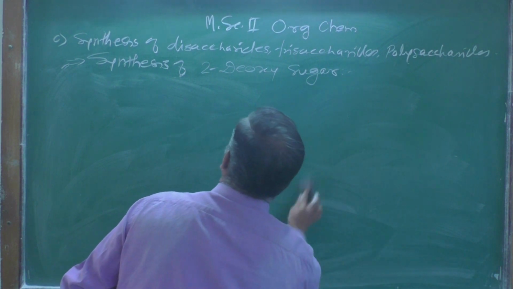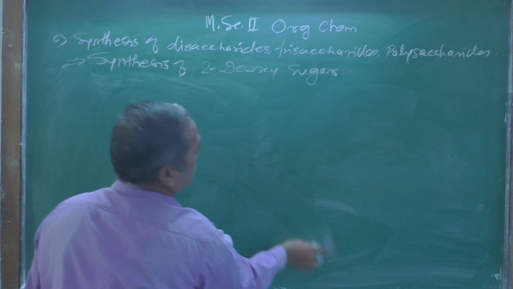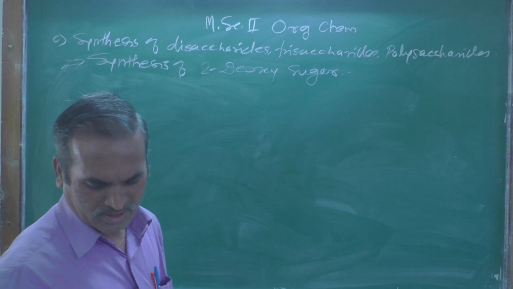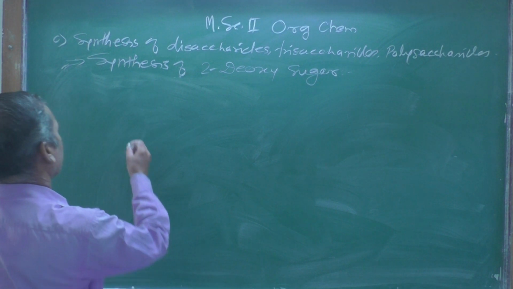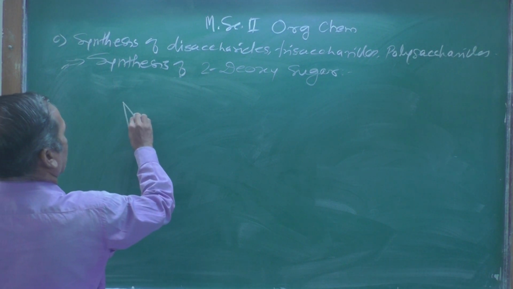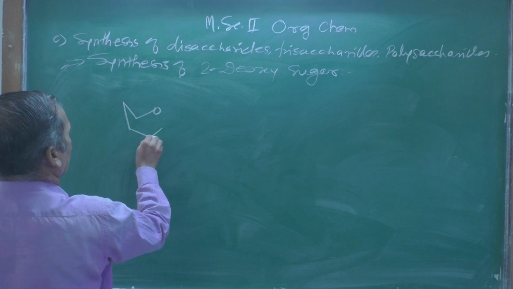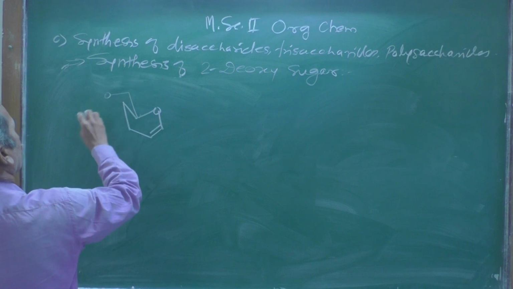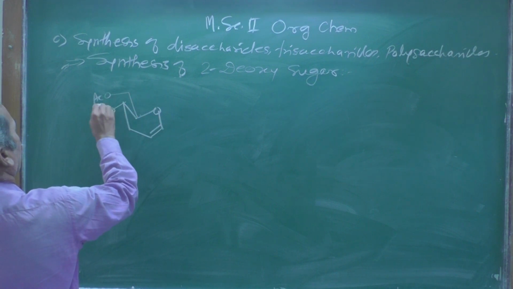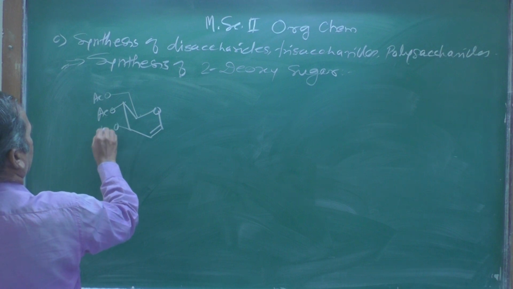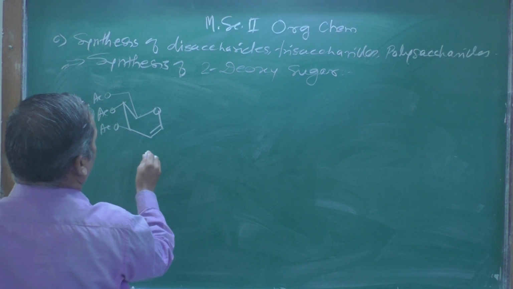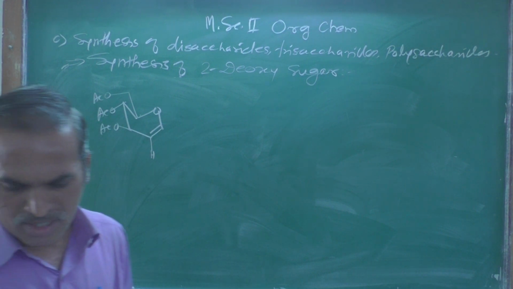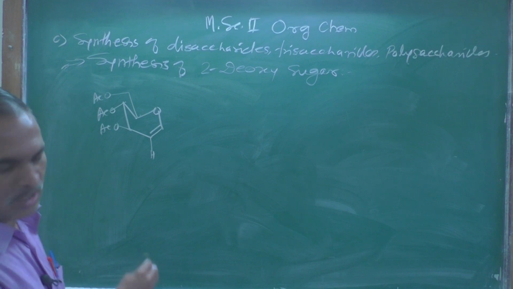how we can synthesize the 2-deoxy sugars. Let's see the scheme here. Once again, that is a glycal I am writing over here. So let's see this one: an oxygen atom, then there is a double bond, and the other groups are protected by acetyl groups, and it is represented like this. And here, as we know, there is a proton, because we are talking about